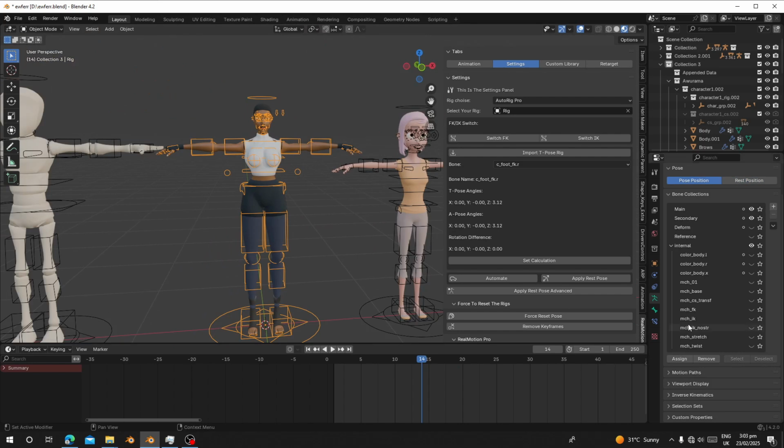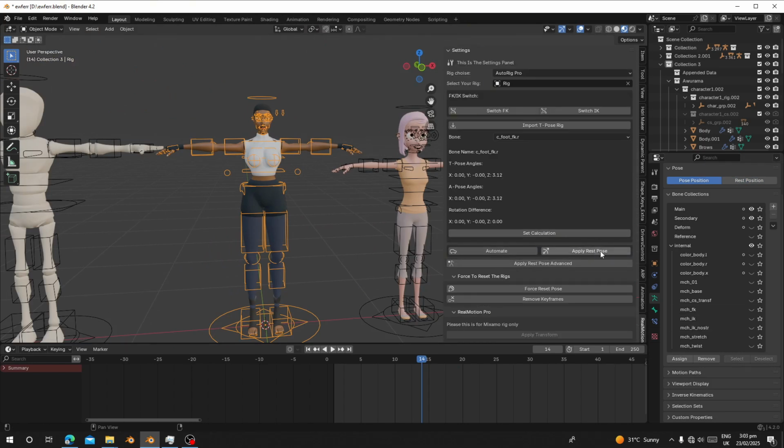To do so, select the rig, let's go here, and I'm going to apply as rest pose. So click on this one. If you want to export your character into any other software like Unreal Engine or any other software, make sure you use apply rest pose advanced. So if you are going to use it inside Blender only, make sure you use the apply rest pose. This one is very fast. Okay, so let's click on this,